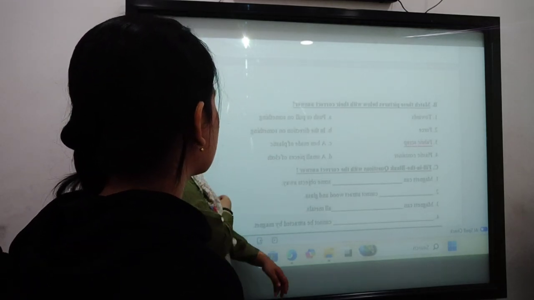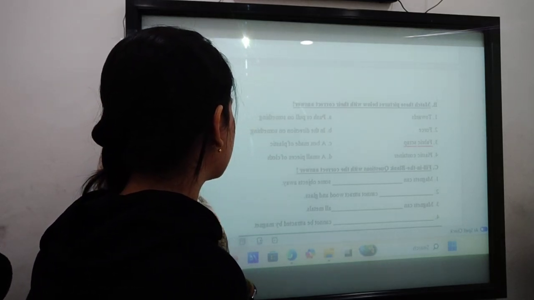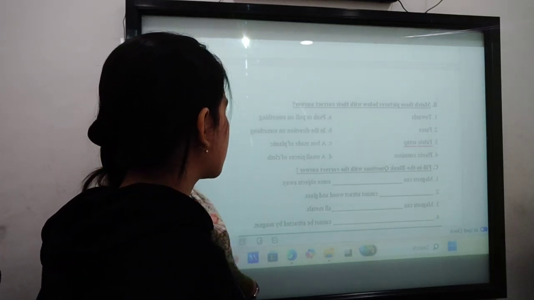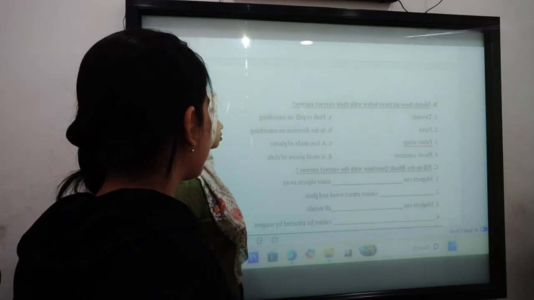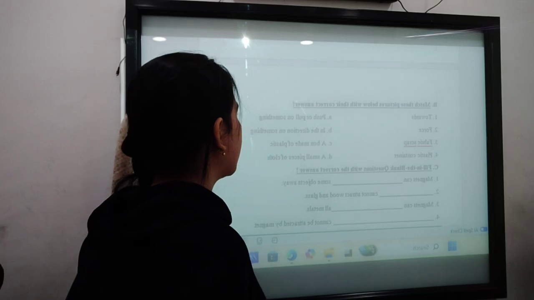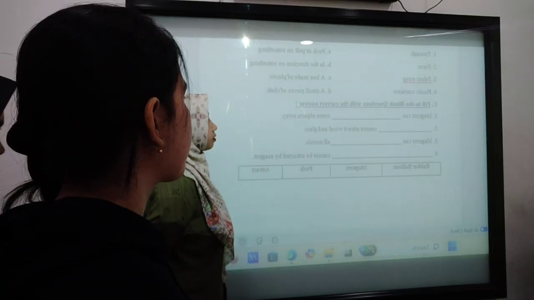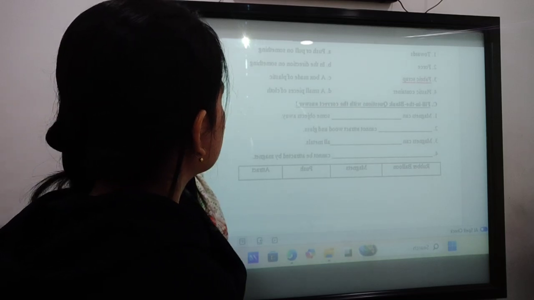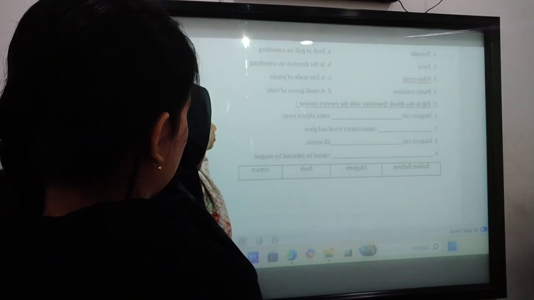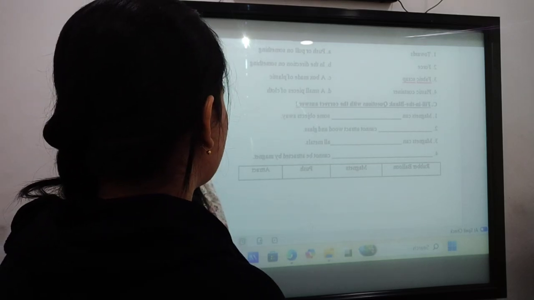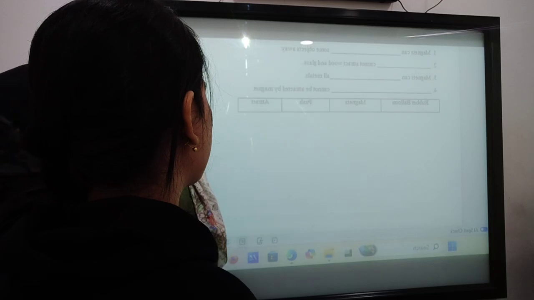Towards. The answer is B, in the direction of something. Force, push or pull on something. And then fabric scrap is a small piece of cloth. And then plastic container is a box made of plastic. Okay, a magnet can push some objects away. A magnet cannot attract wood and glass. A magnet can attract all metals. A rubber balloon cannot be attracted by a magnet.